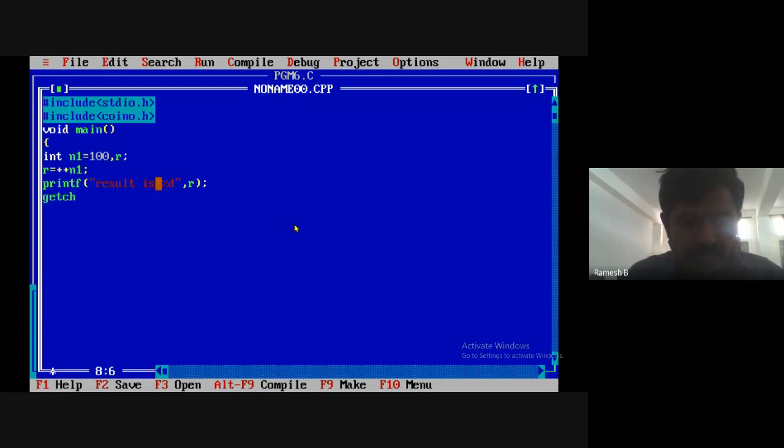Now getch, and here I'll use clrscr. Now I'll take one more statement, printf, and write after pre-increment, then a new line.